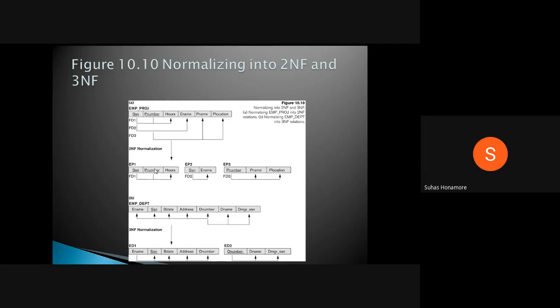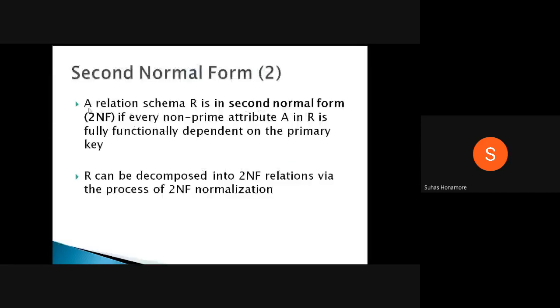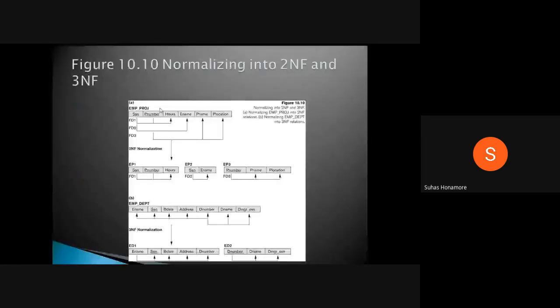So here we have EP1, EP2, EP3, three tables with these different attributes, and these are the functional dependencies. Whatever functional dependencies were given before, we keep as they are: FD1, FD2, FD3, all three. So now this relation schema is in 2NF. Whatever we had here was relation schema R, and normally only one table was there in this relation schema. Now is the entire thing in 2NF or not?